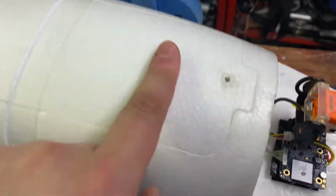Is going to be the video transmitter, which I also have. Let me pop it on. Is that going to bounce there roughly? Yep. I have from Flytron